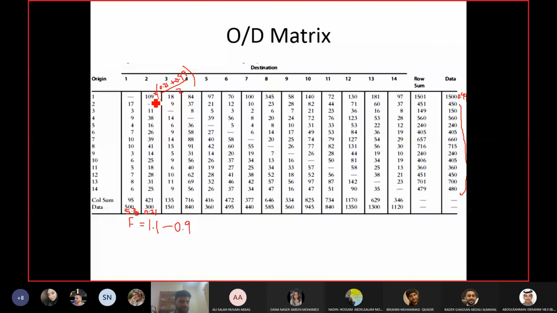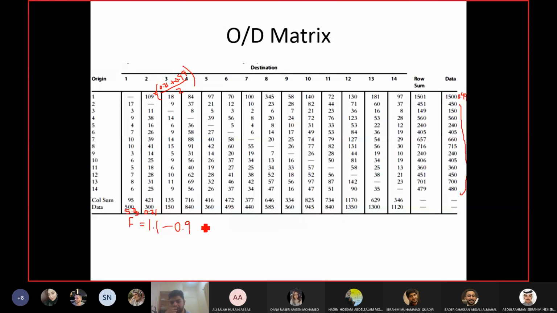We did a number of iterations there. So what I want you to do is, this is your homework now. Calculate the factors for the complete matrix, and change these numbers using the average of the factors. So if you are doing it for this number 18, then you must know the factor for the third column. Then 0.71 will be replaced by the factor of the third column, and so on and so forth.